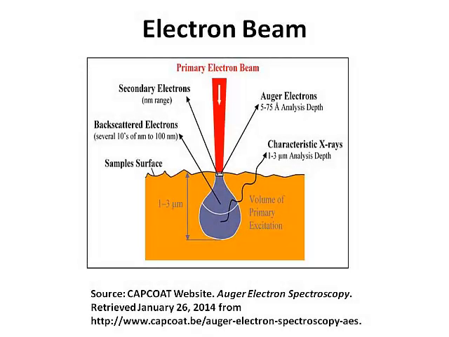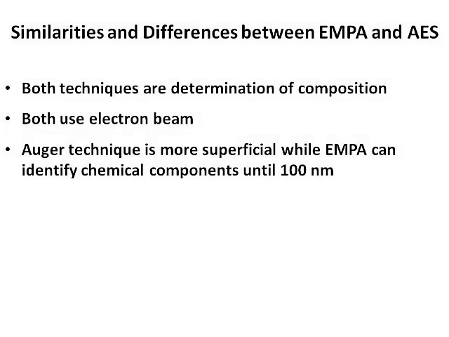The main types of interaction are shown in this picture. These different sample interactions emit different signals. Each technique uses a signal to characterize one of these areas. So, what are the similarities and differences between EMPA and AES? Both techniques determine the composition of the sample. Both use an electron beam. AES is a more superficial technique, on the order of angstroms, whereas EMPA is deeper and can reach components up to